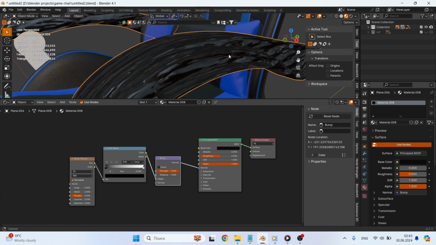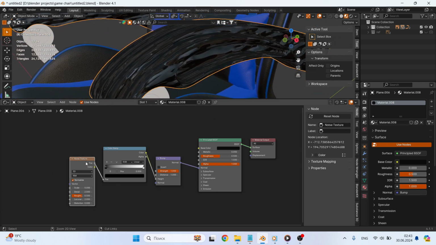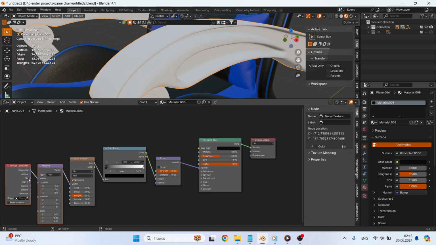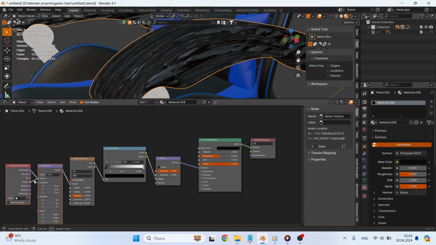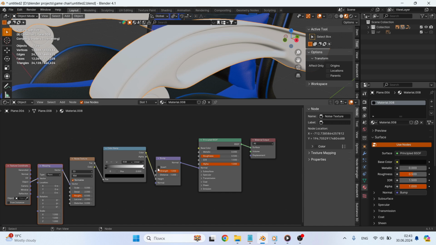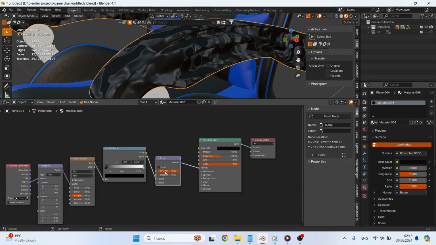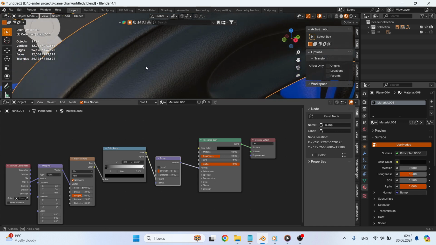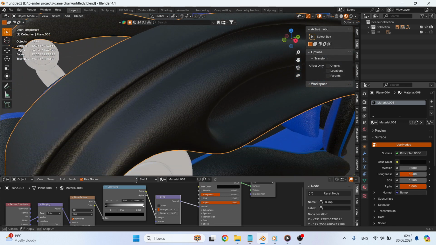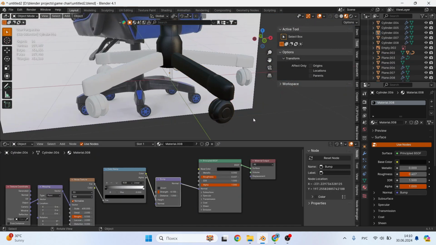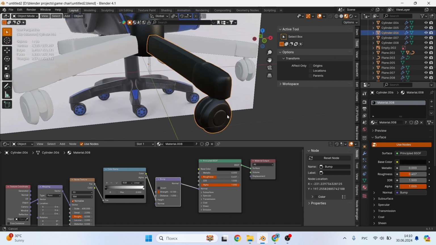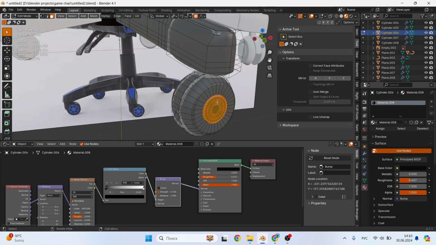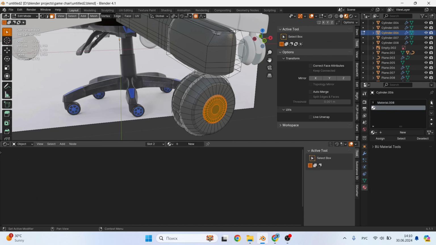Point to the noise texture and press Ctrl T and you have added the texture coordinates and mapping. Blender calculates the information a little and now you need to adjust the strength of the normals and the scale of the noise texture and we have a wonderful plastic material. Now you can apply this material to the elements of the armrest. Well, you can make it on the pipe that is under the seat or make it metallic black, but it's easy. I also made the handles that adjust the height and rotation plastic and made the metal plate black metal.